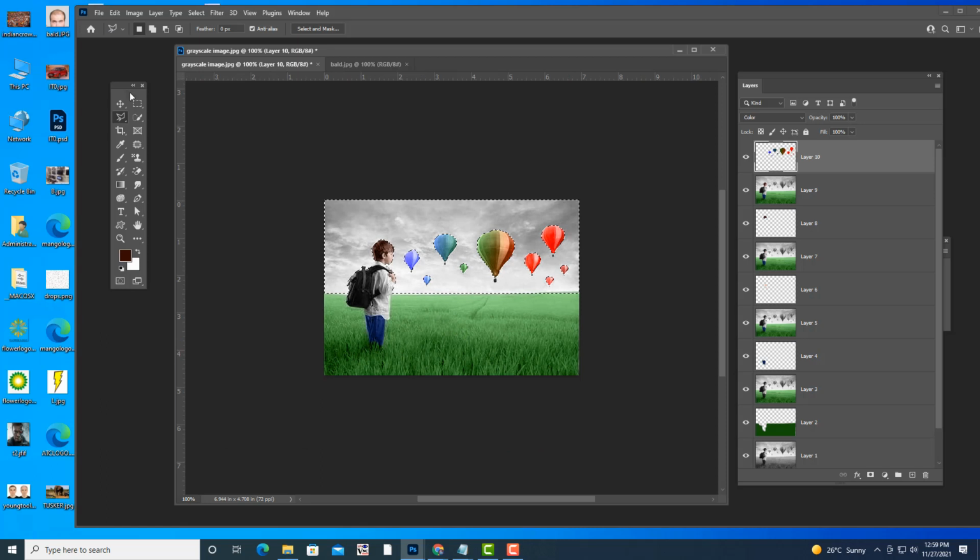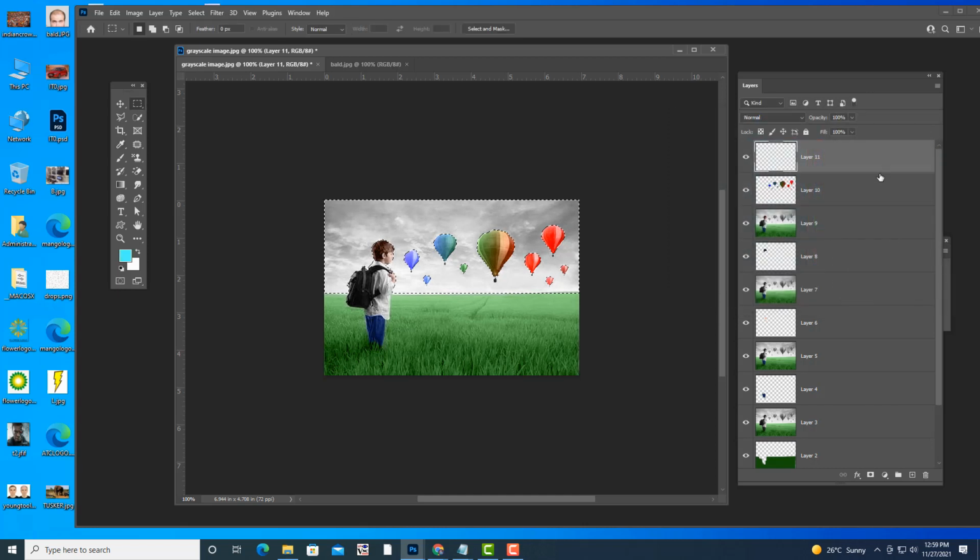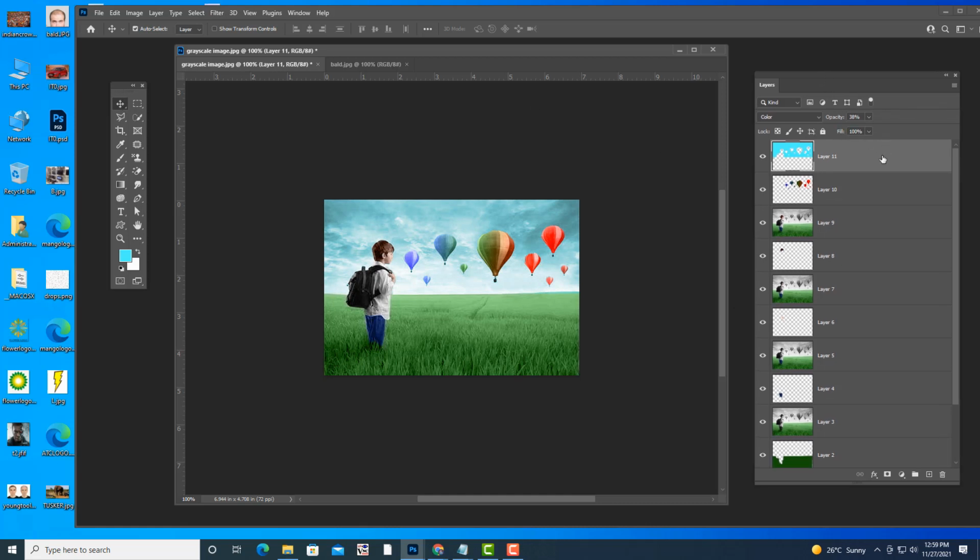So we can now give some small amount of feather. Okay, and then take a new layer. So sky is which color? Blue. So we are going to pick a blue color, and we use alt and backspace, and we use color, and then we will reduce the opacity actually. Okay, because it is too bluish color. Okay, this much is better. Like this. And for the one last time, I'm going to take a common layer. Control Alt Shift and E.